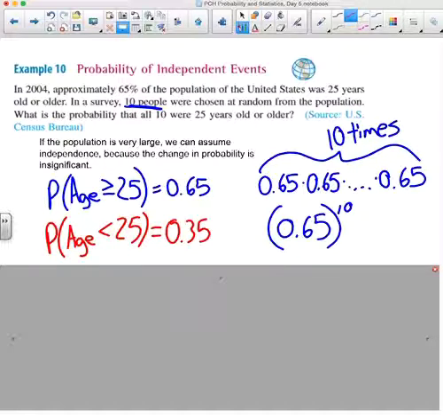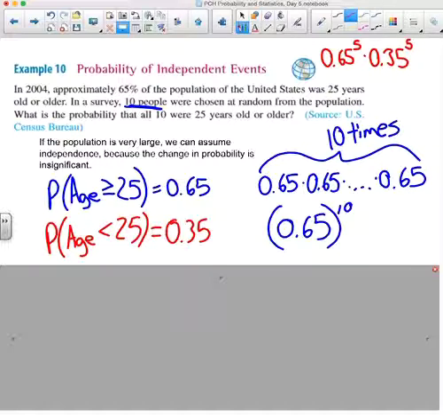Okay. What do you guys think initially there? 0.65 to the 5th times 0.35 to the 5th. Okay, 0.65 to the 5th times 0.35 to the 5th. And that's great, okay? That actually is part of it. But there's a little part that we're missing,